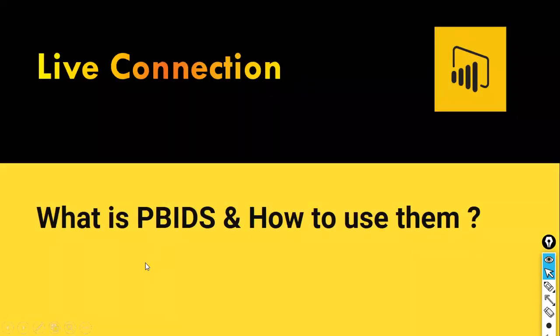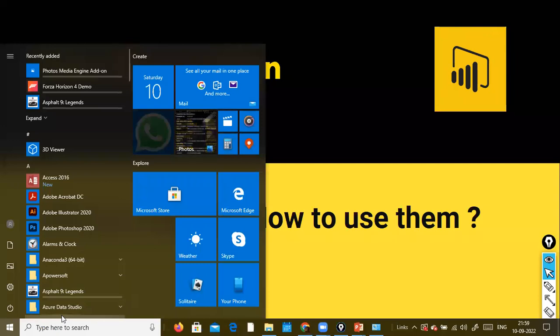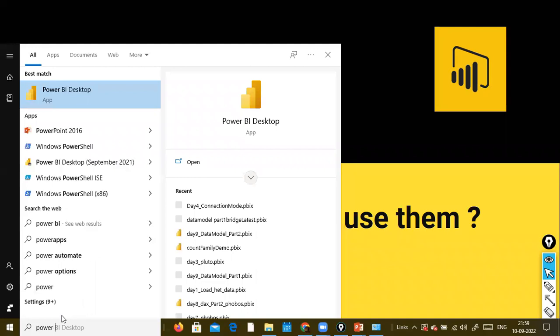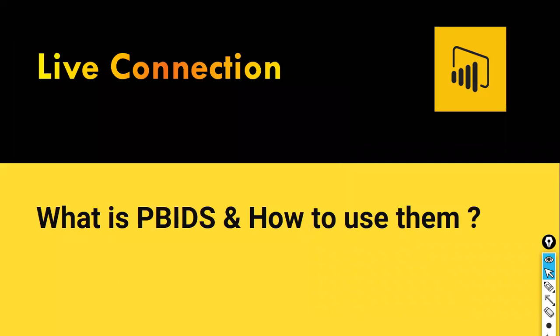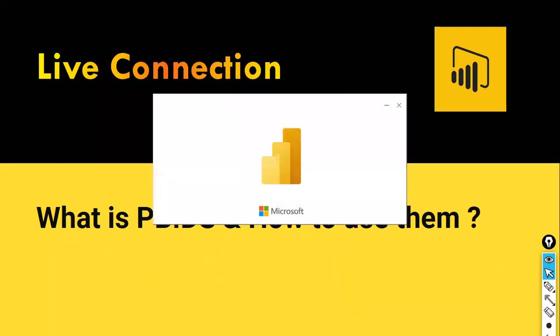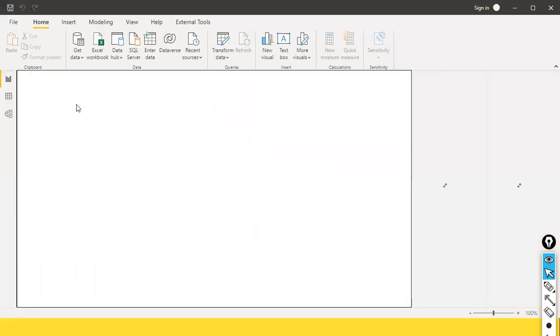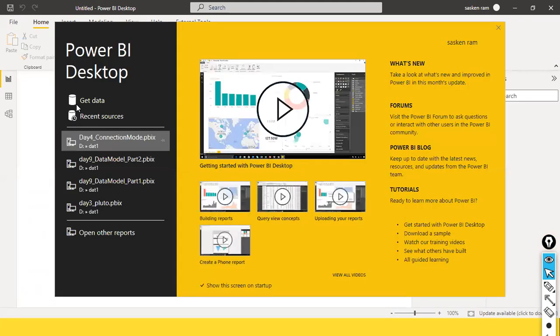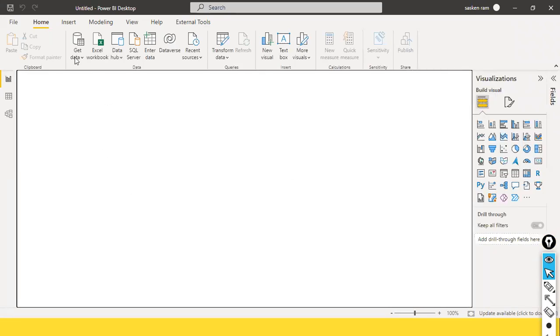Then we'll close it and open a fresh Power BI Desktop, because you cannot mix live connection mode with any other type of connection mode. And now I go ahead with